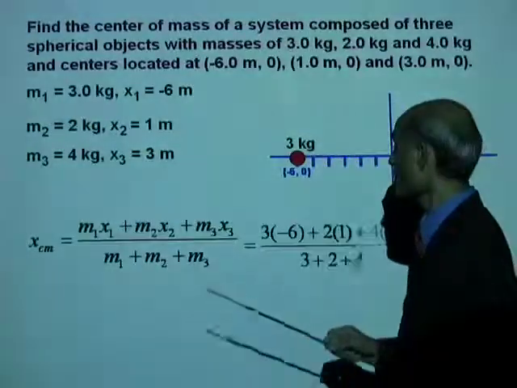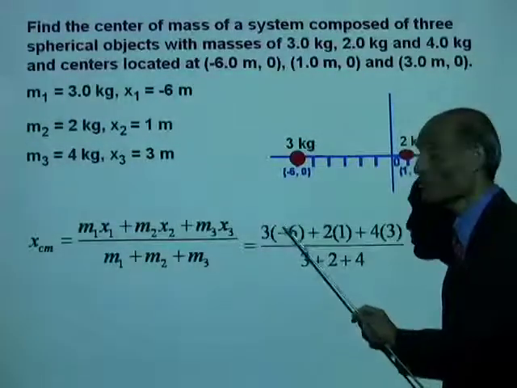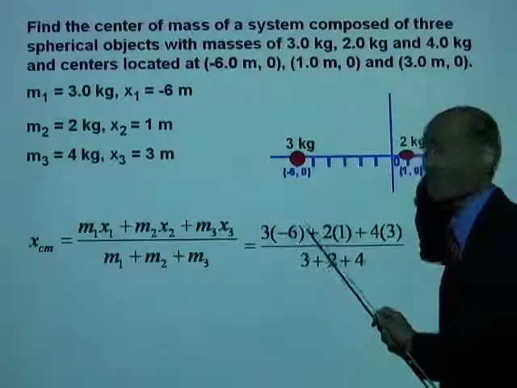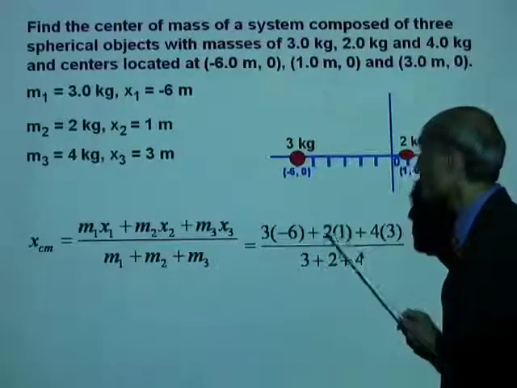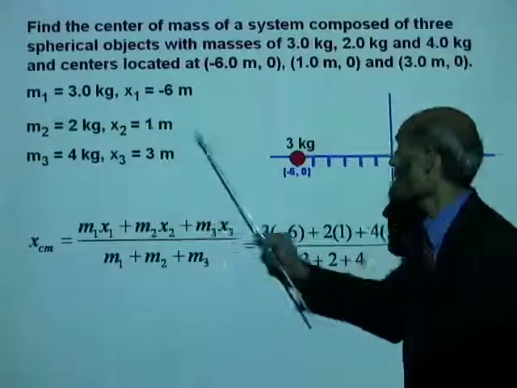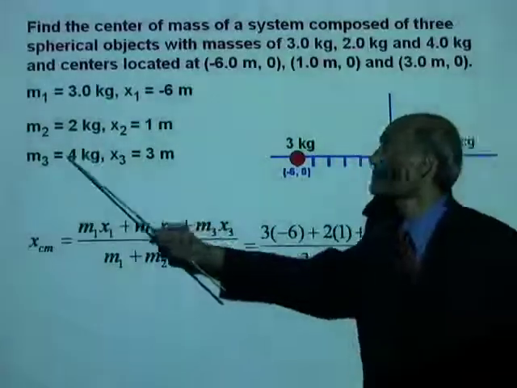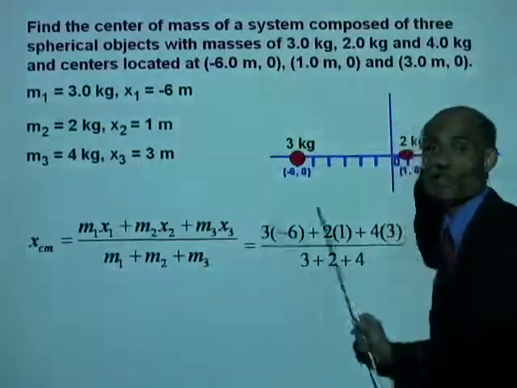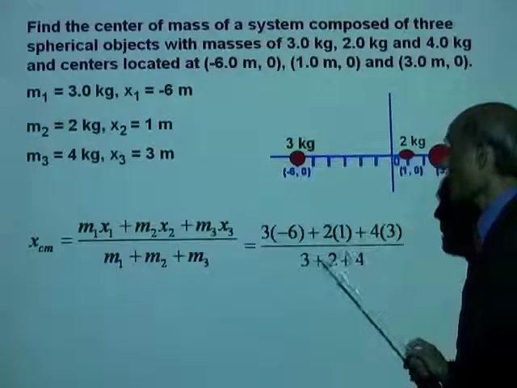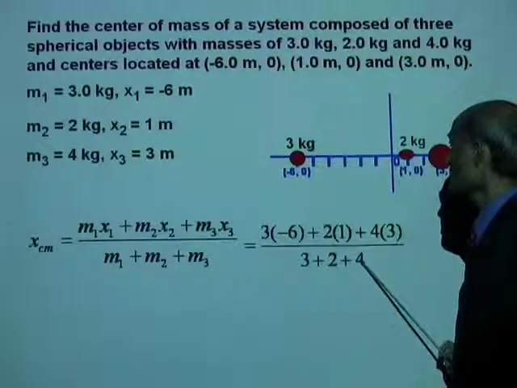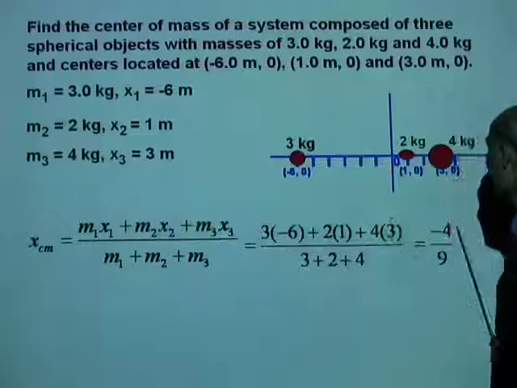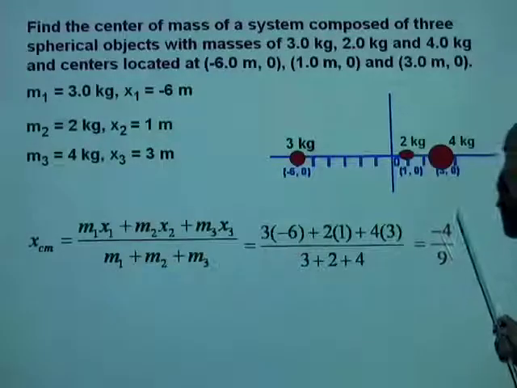Let's use all the values: 3 times -6 plus 2 times 1 plus 4 times 3, divided by M1 plus M2 plus M3, and that gives you